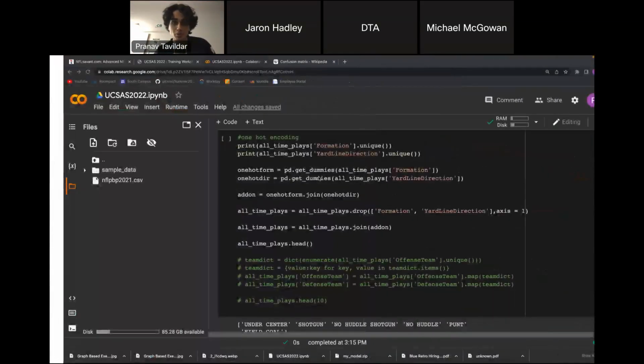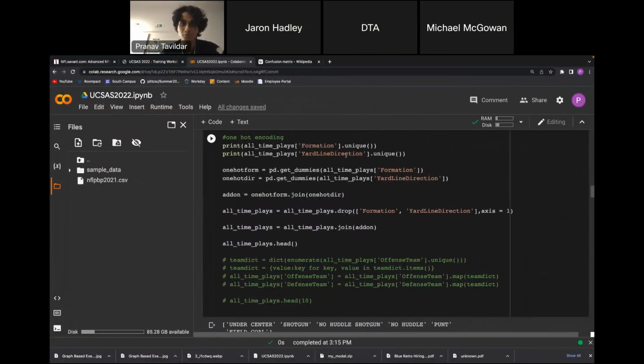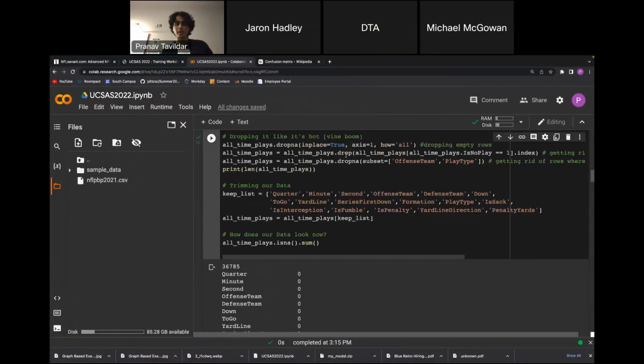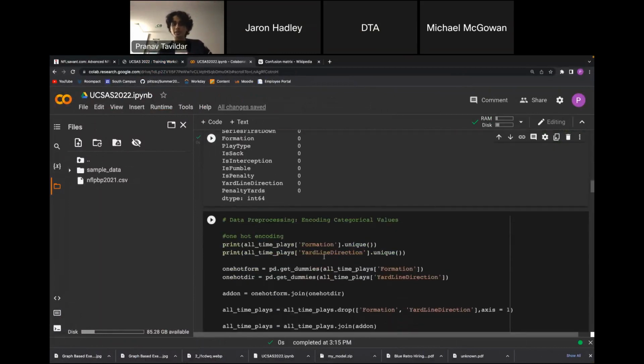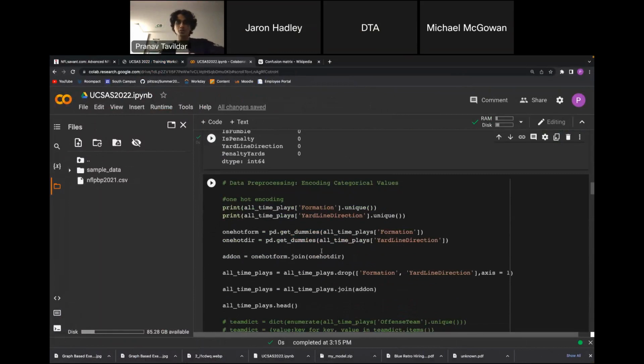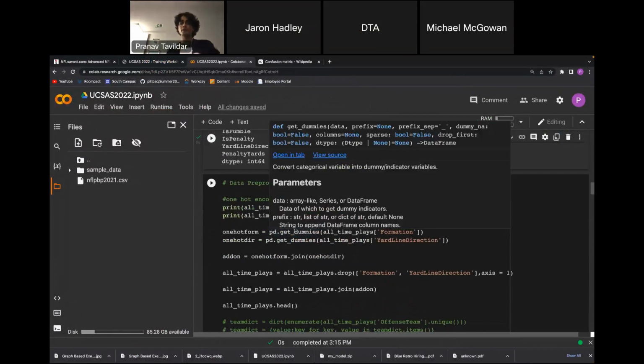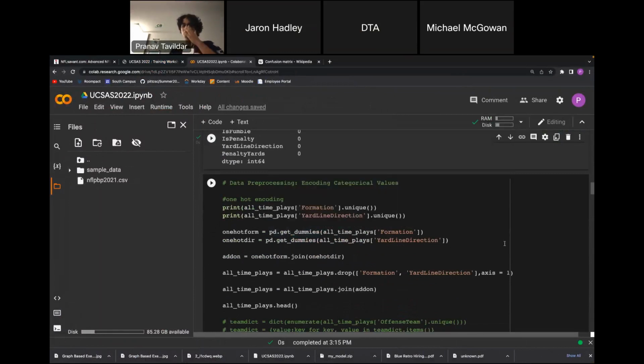We're going to do that for some of these things. Out of all the values we have here, we have some categorical values, and we're going to do that with formation and yard line direction. To do that, you use pd.get_dummies. If you're familiar with statistics, this is the idea of making dummy variables. That's basically all one hot encoding is.